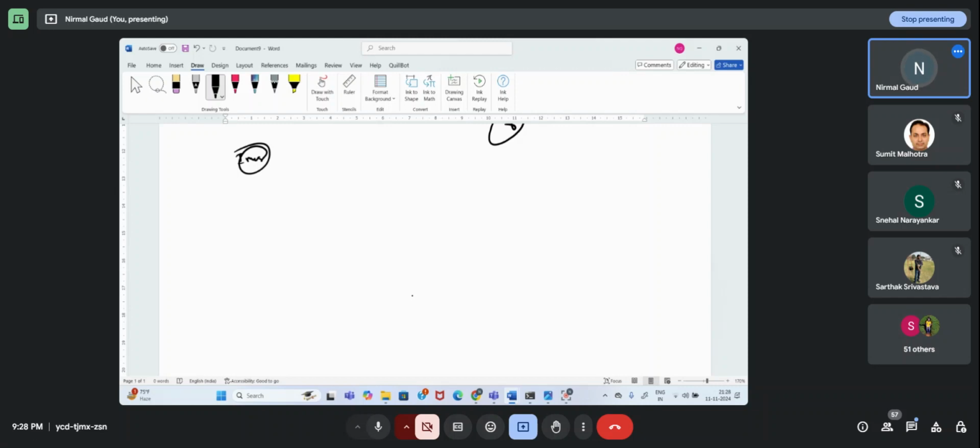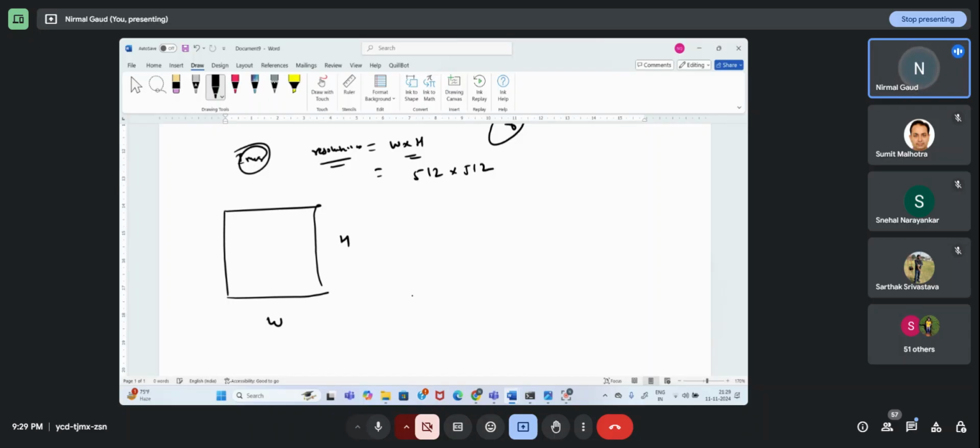An image has a resolution, which means width into height. This will be width, this will be height. What we have seen in images is, for example, 512 into 512.